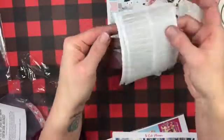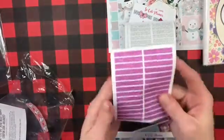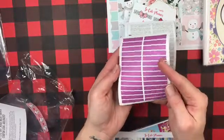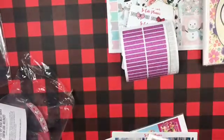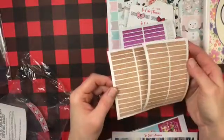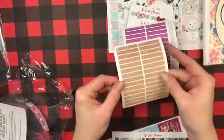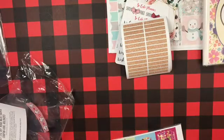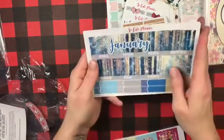Love them. I ordered 2 of those, and then I ordered this one, the pink. Figure with Valentine's coming up and spring coming up around the corner. And then I ordered the rose gold in 2 of those. These, once you use them, you don't want to stop using them. Serious, guys. And then here is the January